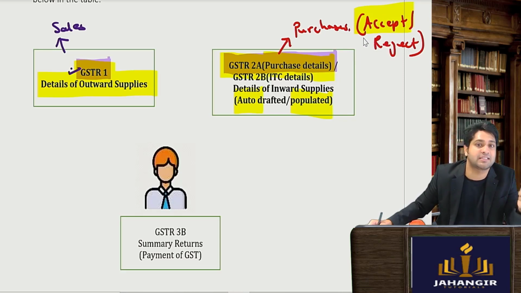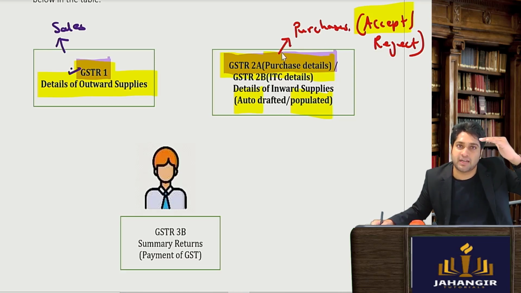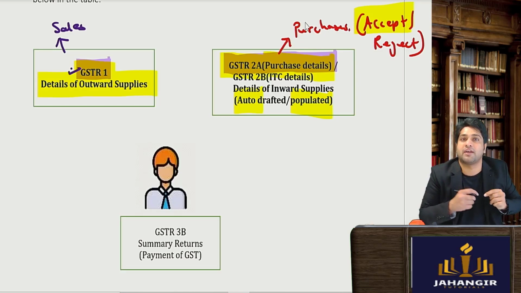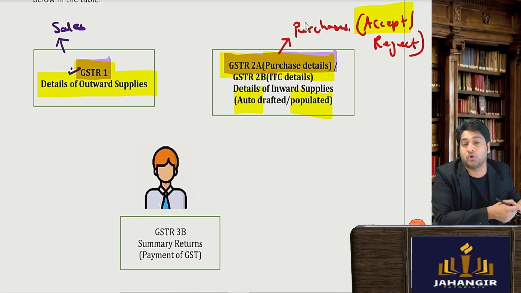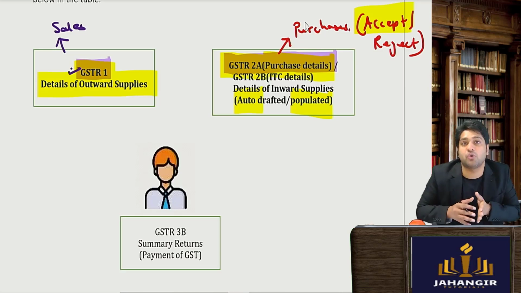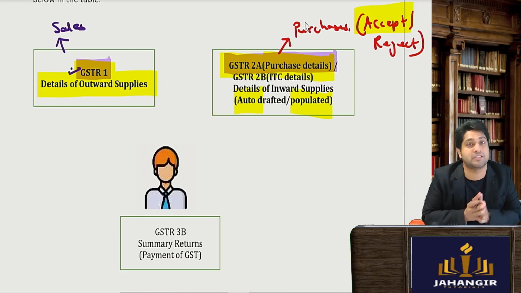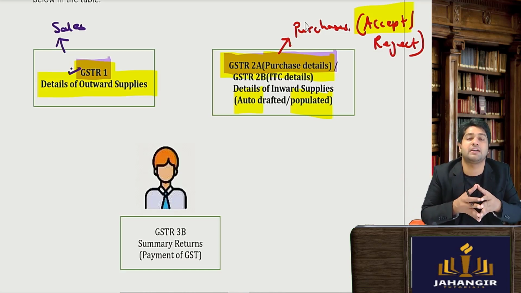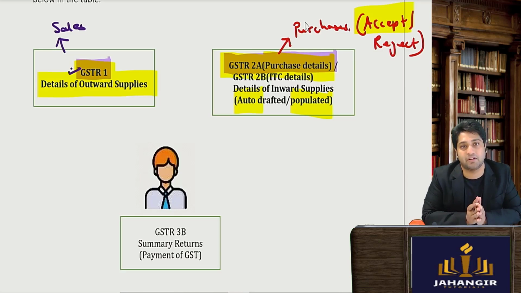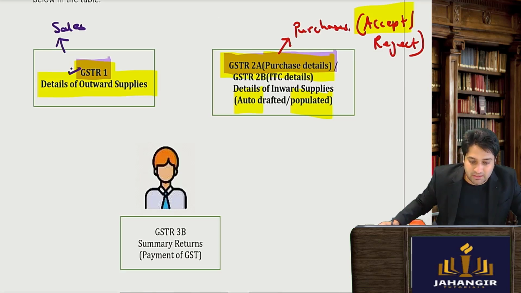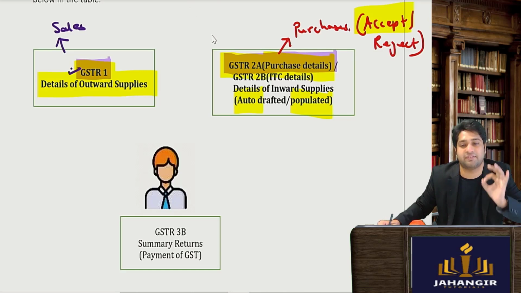Now once it is there, then the purchase transaction will contain how much value you have paid to the supplier and also how much GST you have paid. Whatever GST you have paid to the supplier, if you're going to further sell it, you would like to take a set off of the tax paid on your purchases. You would like to take a credit of the tax paid earlier. So this, how much ITC is available,